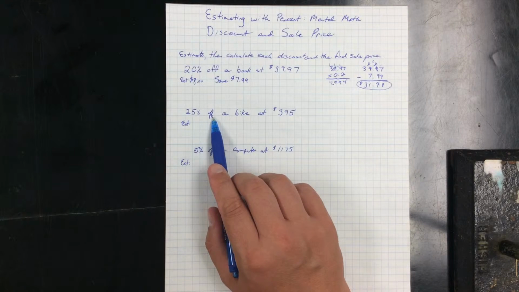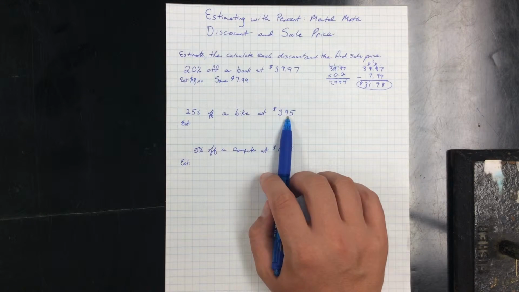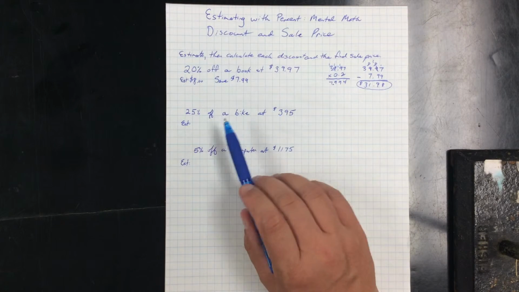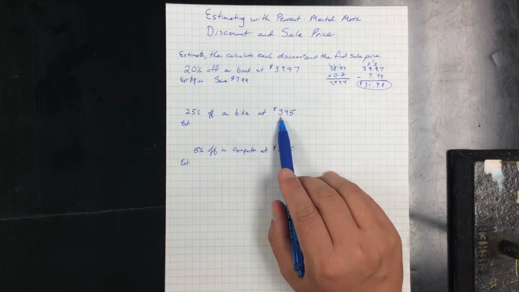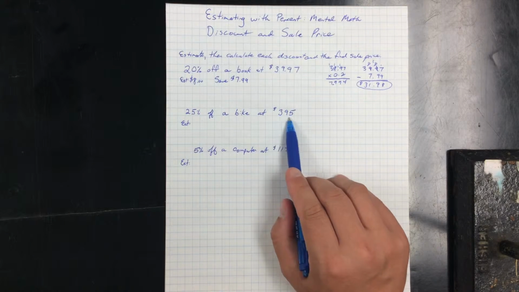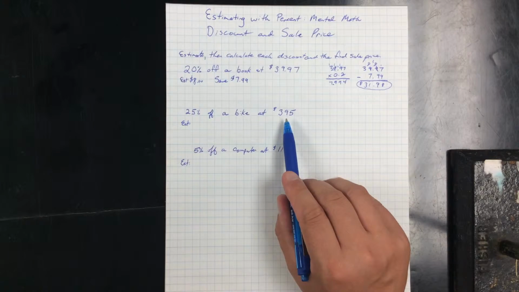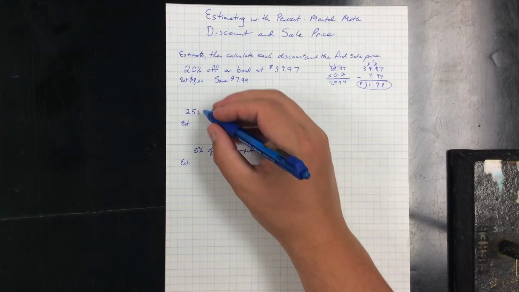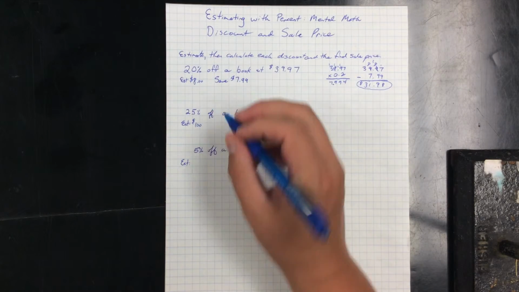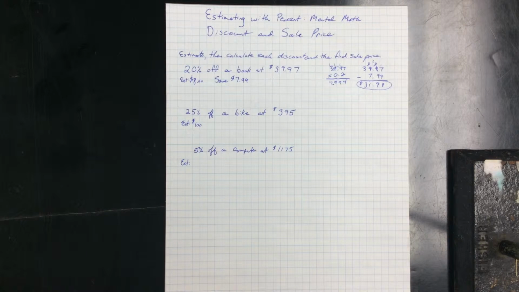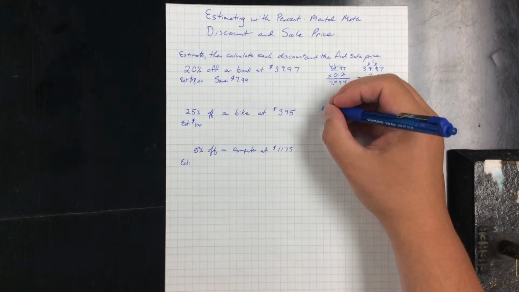So 25% off a bike at $395. Okay, so I'm thinking about a quarter. And this is really close to 400. So a quarter of 400, or divide 400 by 4, is 100. So I'm going to estimate my savings to be about $100. So I'm going to take my